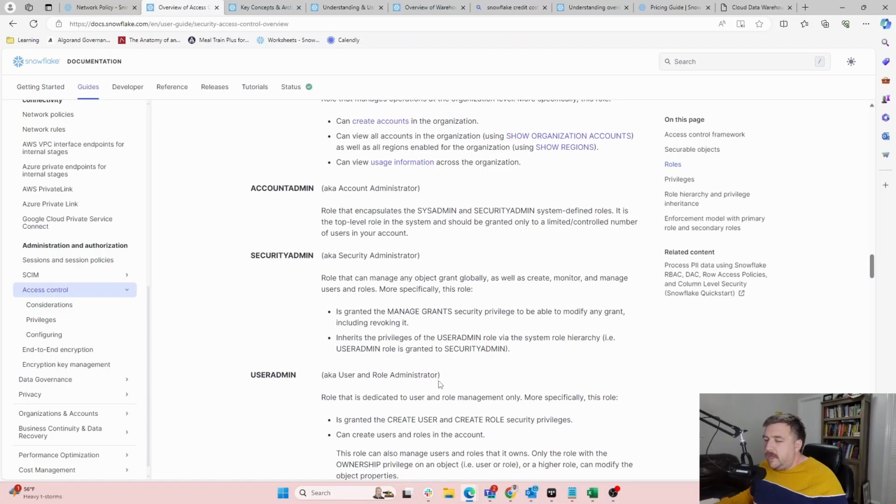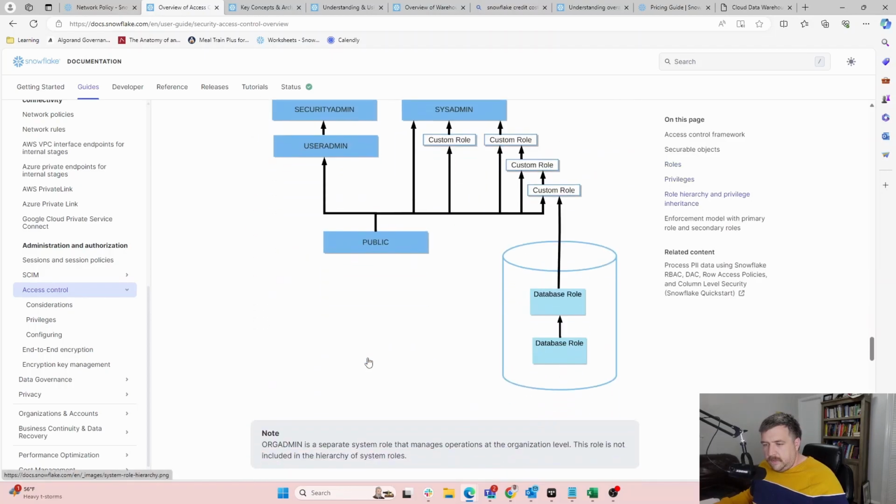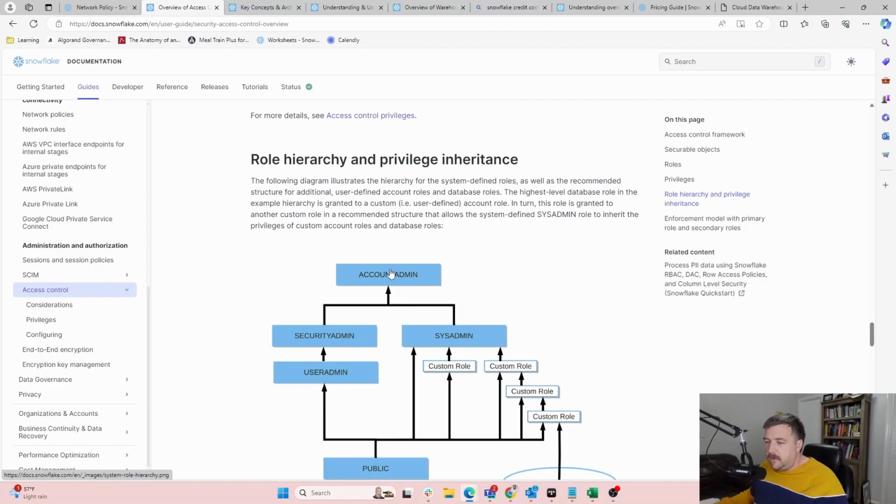This is how you can manage that now. And there's another, I don't know if it's in here. Yeah. So this is the privilege hierarchy. So account admin, and then sysadmin and security admin, they roll up in different ways.